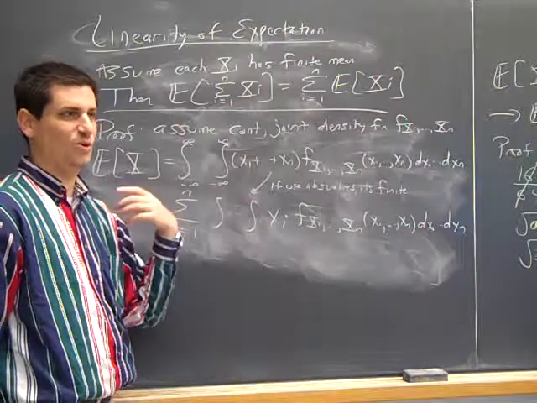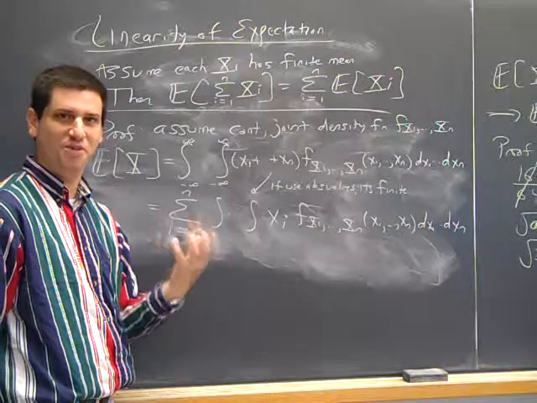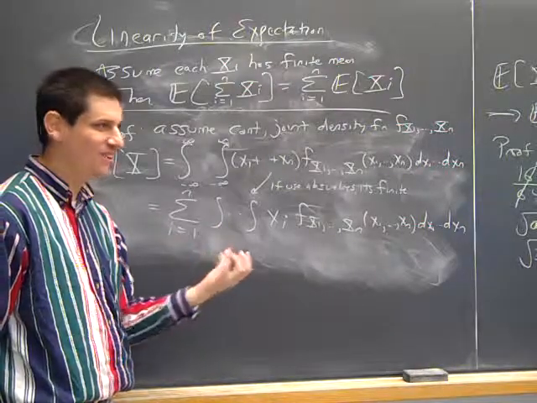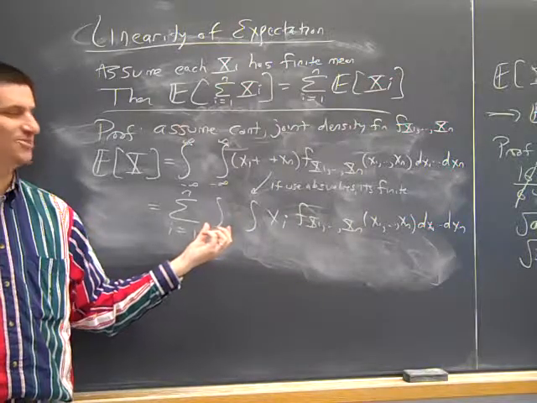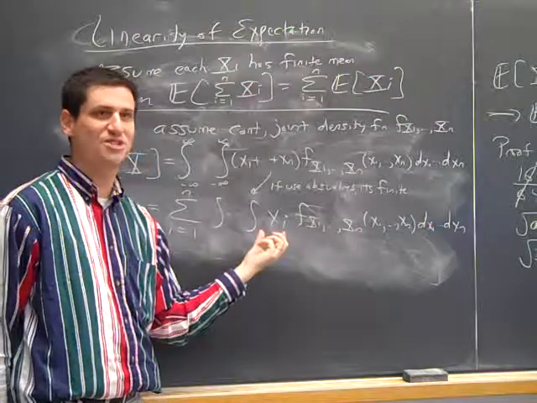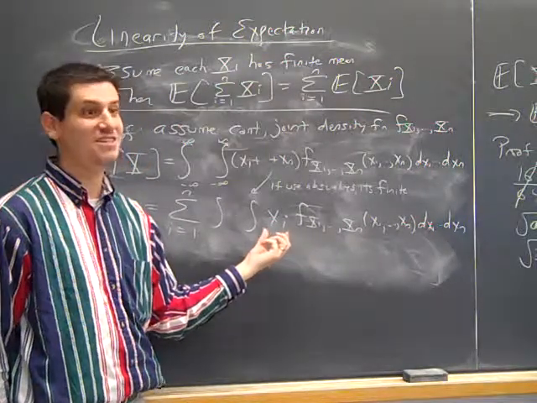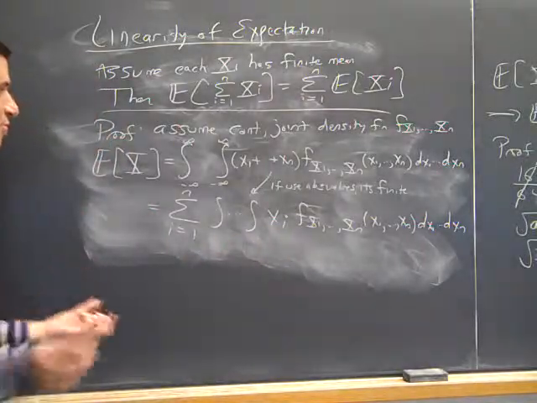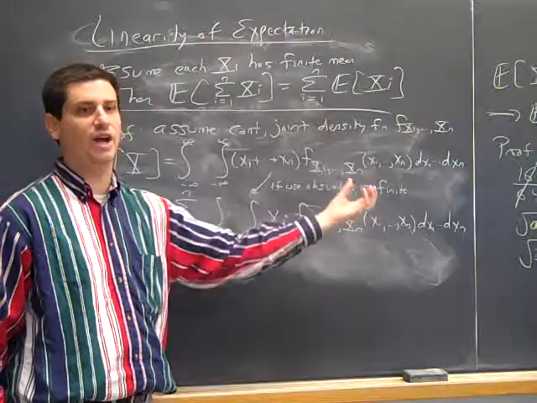One of the skits they have in Sesame Street is "one of these things is not like the other. One of these things just doesn't belong." When you look at these n integrals, I'll try to remember to put in a YouTube clip. Which integral, which variable looks different than all the others? The xi. So let's switch the order of integration and integrate over xi last and integrate over everything else